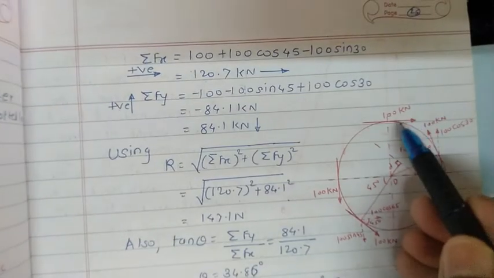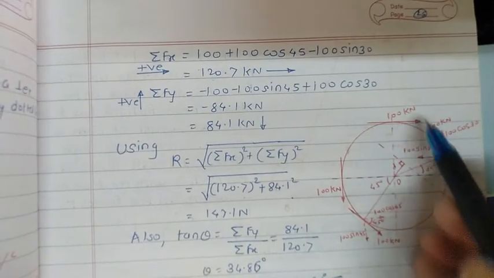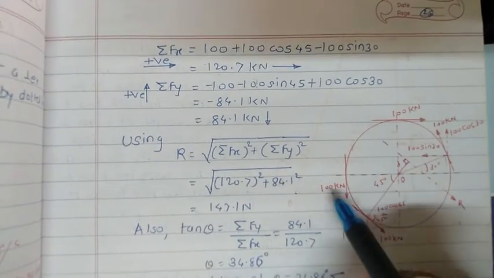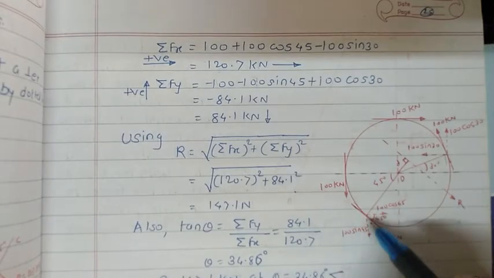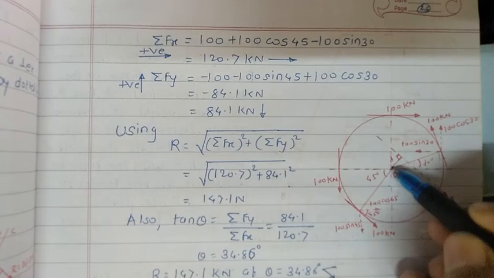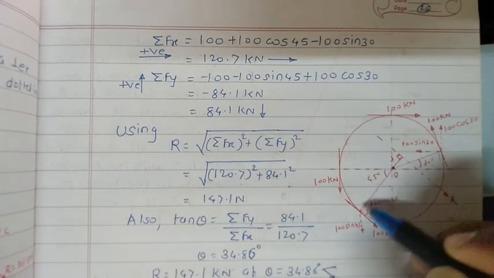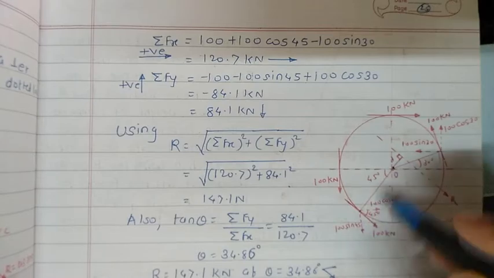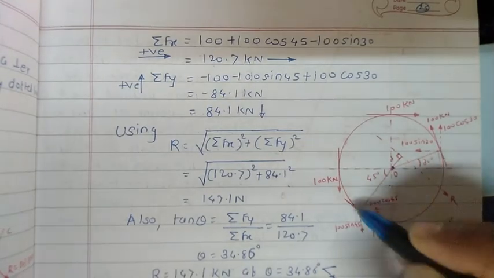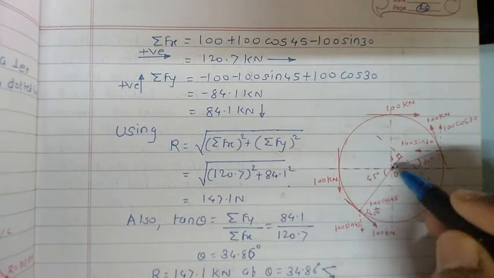If you look towards the first one, 100 Newton force, this one, horizontal direction, it is not necessary to resolve this force. This one vertical in the downward direction, it is not necessary to resolve this force. Now here is the 100 Newton force with us. Now see the line joining from the center of this circle. So this actually is nothing but the radius. So what's about the angle made by this tangential line with the center of this one? So here is the angle